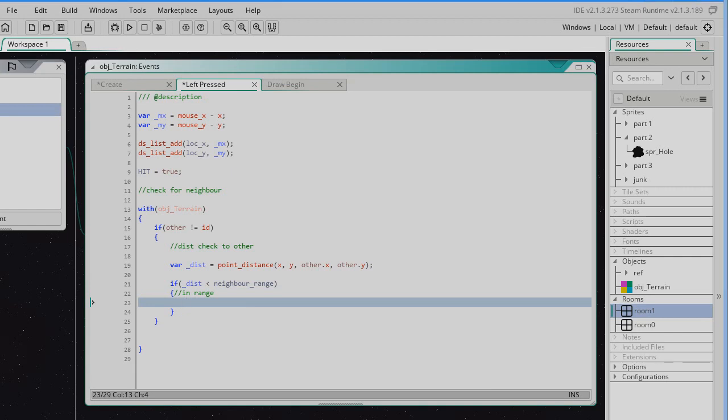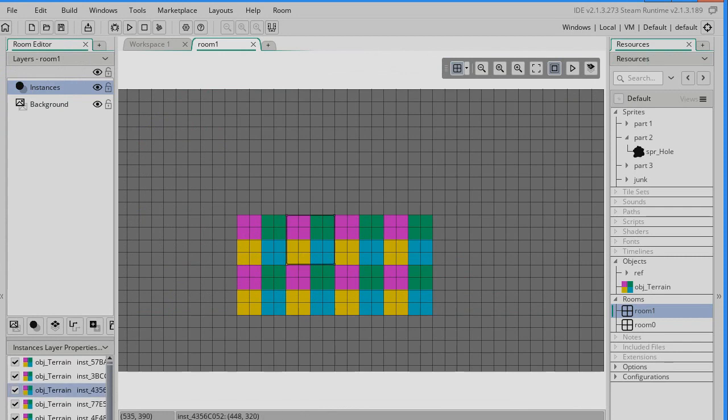So then what I need to do is figure out if the mouse click was actually next to it, because I don't want to... if we go back to room 1 a second. Here's this object's next to it, so is this object. If I'm clicking here, then that's likely to damage that one as well, but it's not likely to damage that one. So what I need to do is use the bounding box, or this thing's position in the world, extend it out slightly and say, is the mouse actually clicking somewhere in the vicinity around the border of this neighbouring